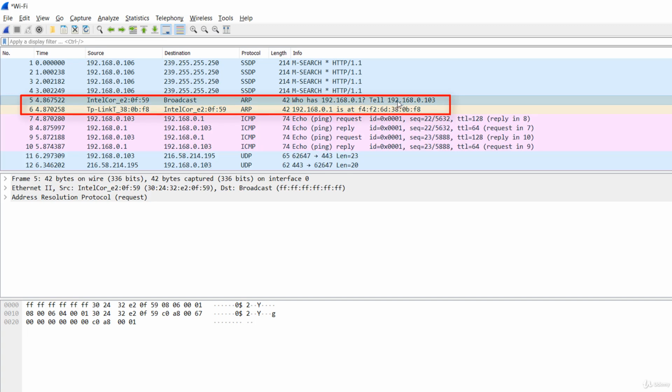Tell 192.168.0.103. .1 was the destination, so the IP address of the default gateway, and .103 the IP address of Windows. In plain English, it means: what is the MAC address of 192.168.0.1? 192.168.0.103 wants to know. Each host on the network has received the packet, but only the host with the IP address